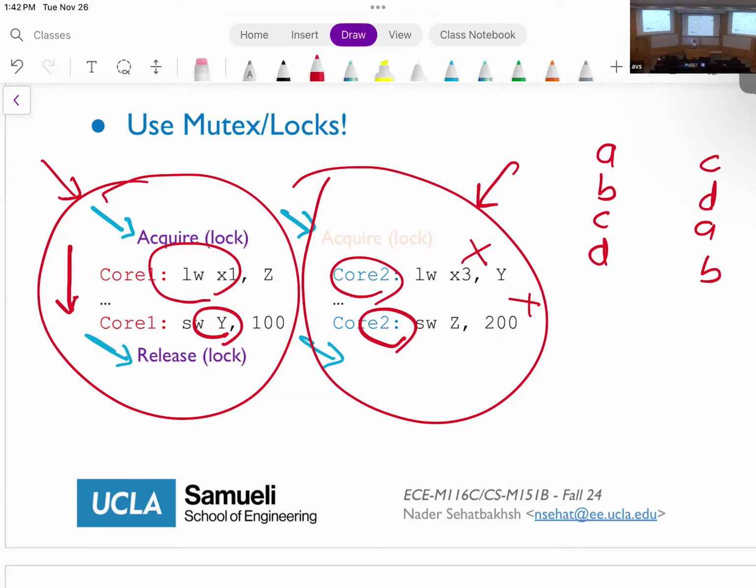So the question is, if you have TSO, can I reorder a store and loads? And yes, you can. So you can have BA, DC, or CD, or whatever. But again, it eliminates some possibilities, right? In the past, you could also have BDAC kind of thing, but this one doesn't allow you that. So it eliminates some, doesn't eliminate the others.